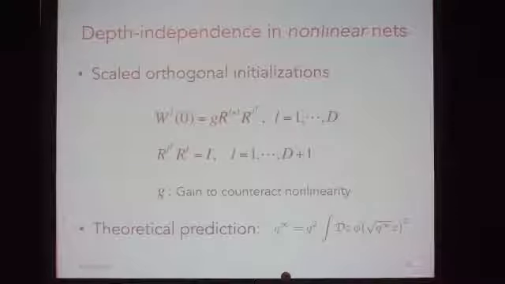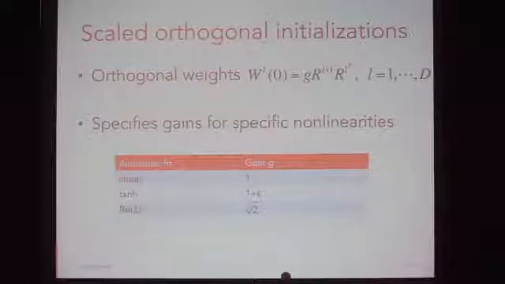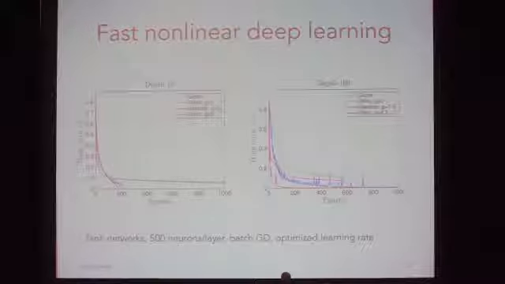All right, but to really cash this out in an engineering context, you need to be able to extend it to nonlinear networks. And the right thing to do is to add in a scale factor. So it's a scaled orthogonal initialization where the gain is going to counteract the effect of nonlinearity. And we have a way of doing a prediction for that nonlinearity. So essentially you tell me the activation function and you just turn the crank and it tells you the right gain to use. And so now we can train potentially much deeper networks in a quite quick fashion.